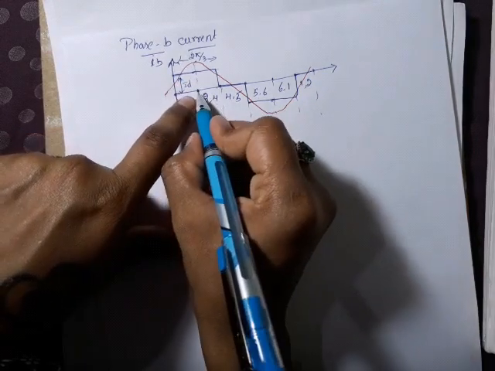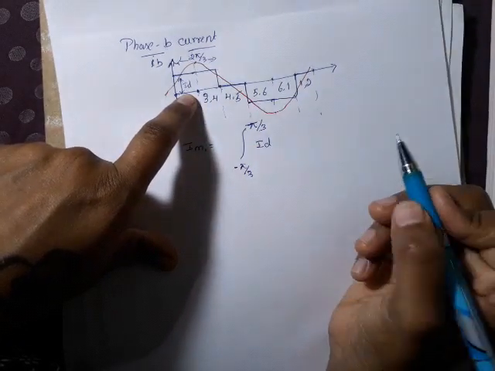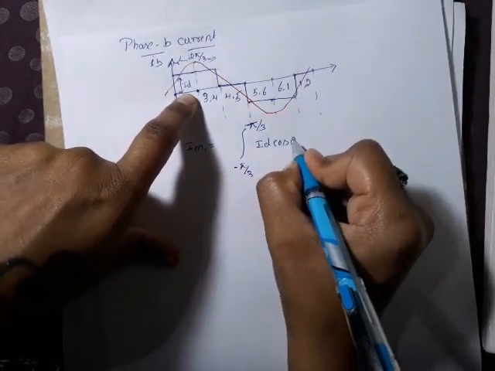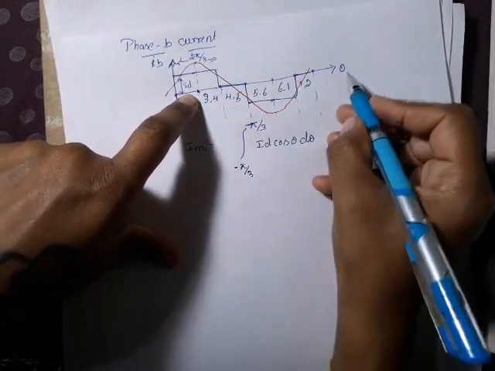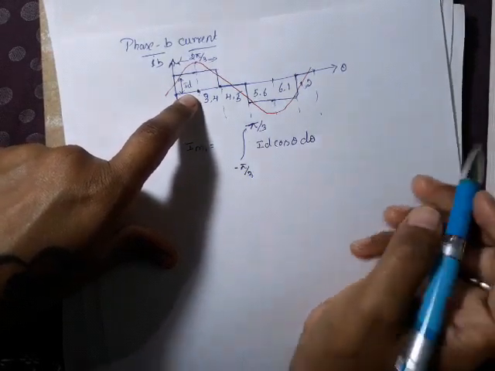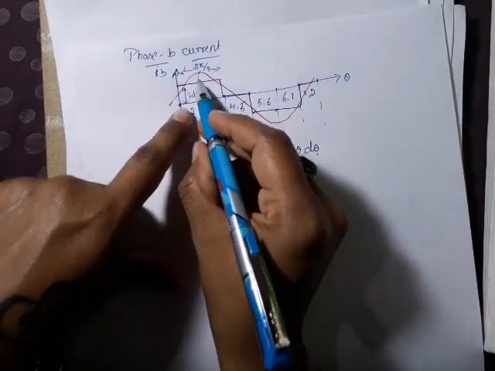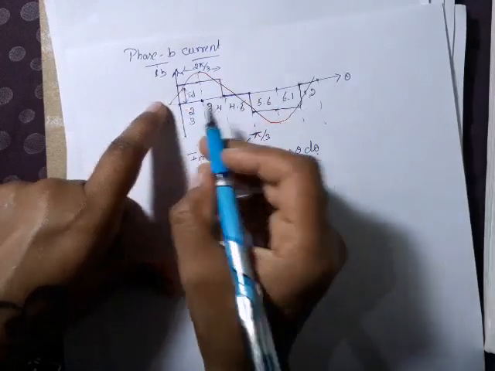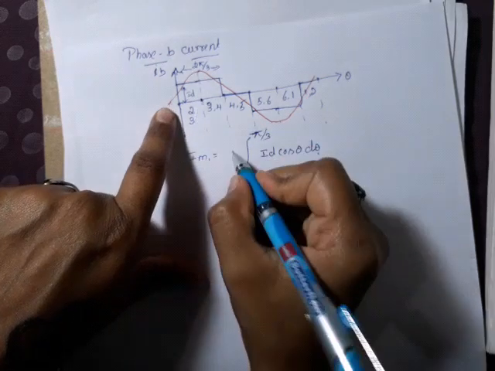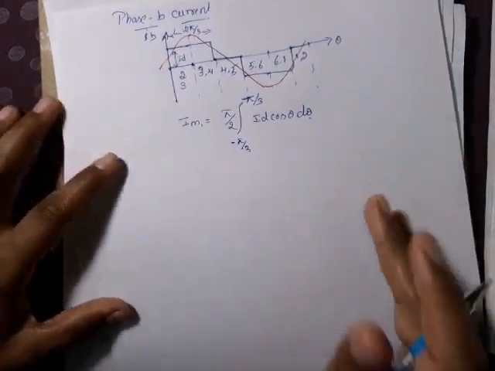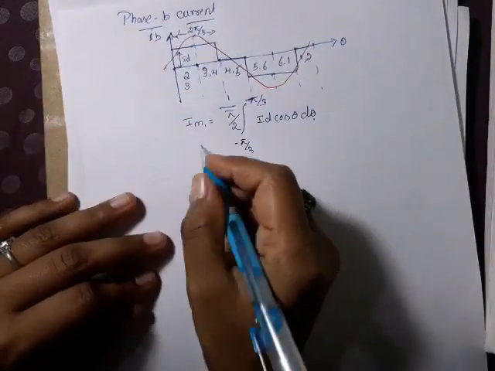What am I integrating? Id. See, I have taken this as a reference, and at the reference the wave is reaching the maximum value. Which type of wave is this? It's a cosine wave. Cos theta, I'll take this as theta, with respect to d theta. You can take omega t also, no issues. If you take omega t, integrate with respect to omega t. And here, since I have taken exactly at the half, this wave is of totally 180 degrees, I am integrating only for half, so 1 by pi by 2 for that particular area.